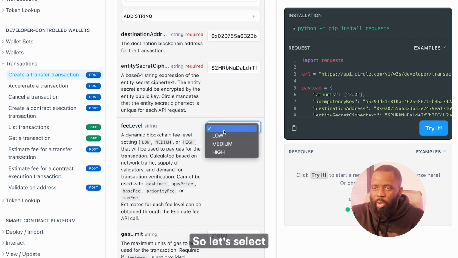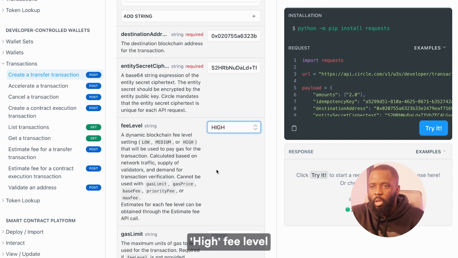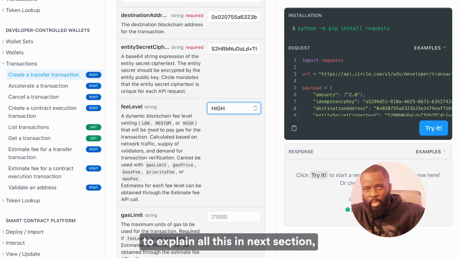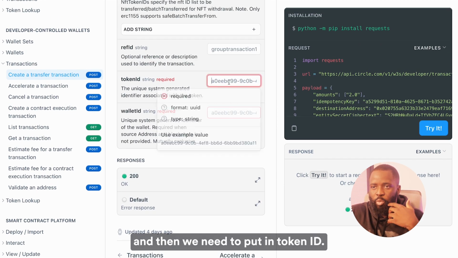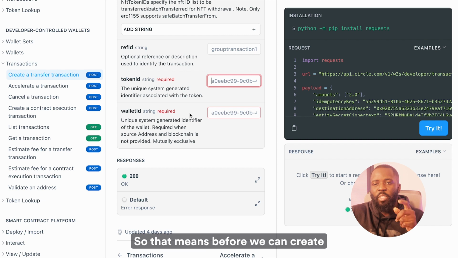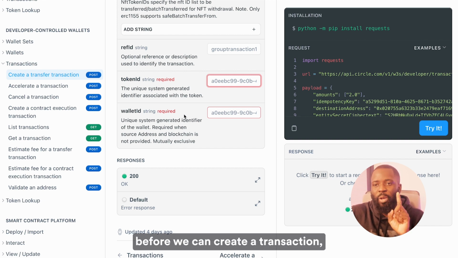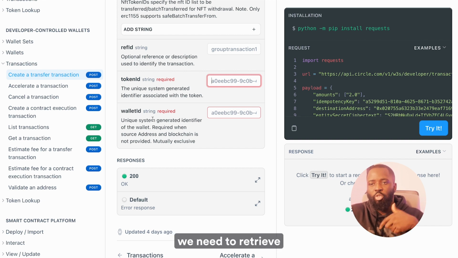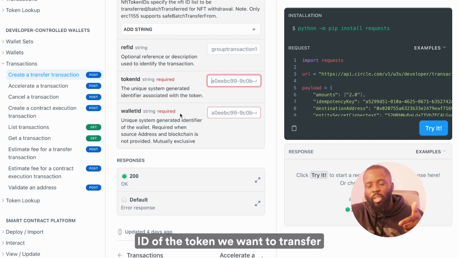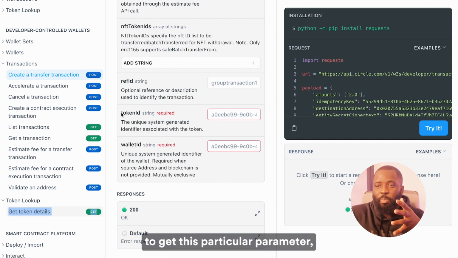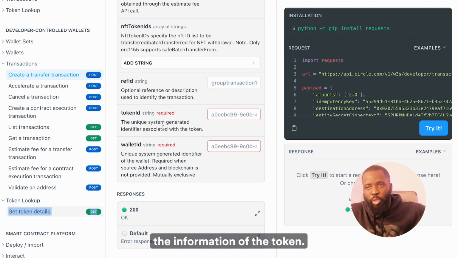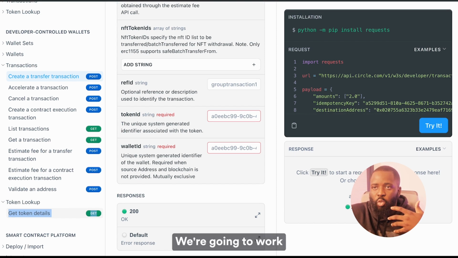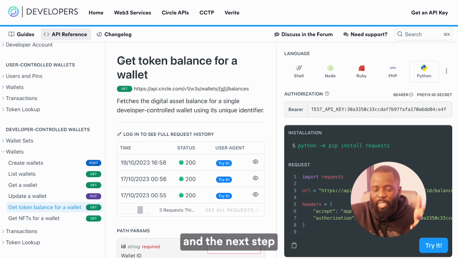Fee level. So let's select the fee level. Well, I'm going to explain all this in the next section, but let's create this transaction. And then we need to put in the token ID. So that means before we can create a transaction, we need to retrieve the token ID of the token we want to transfer. To get this particular parameter, which is the token ID, we need to get the information of the token. And to do that, we're going to work with this endpoint that I have in the next tab,